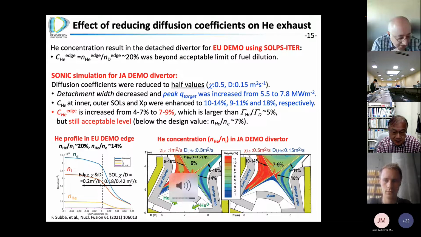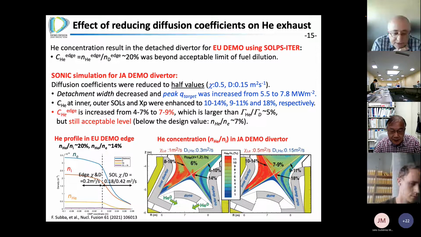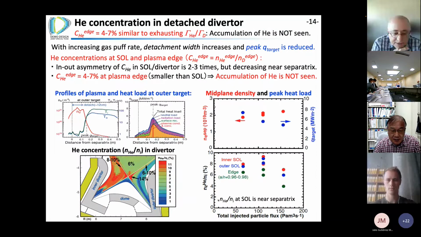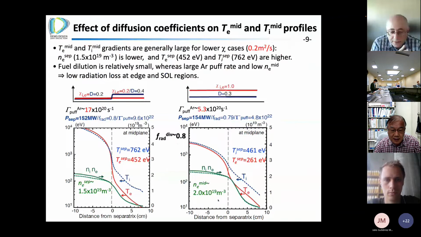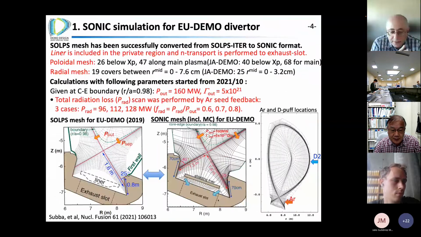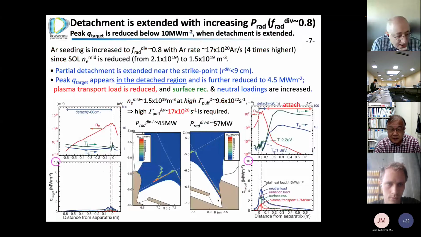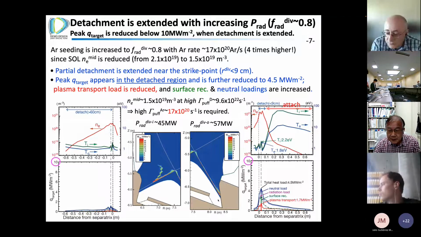The first question is, for DEMO, one expects, at least from the kinetic simulation, what we see, that a significant fraction of the heat load is due to charge exchange neutrals. And my second question, if you go to, for instance, the previous slide, 7 or 8, the parameters at the sheath entrance are exactly what I was describing. SONIC, as I know, is using a classical boundary condition. So in your opinion, how will your results be influenced if you put in these parameters what we see in the kinetic simulation, Mach number equals 0.2? So these are my two questions.